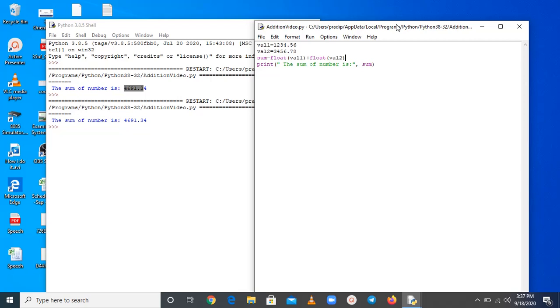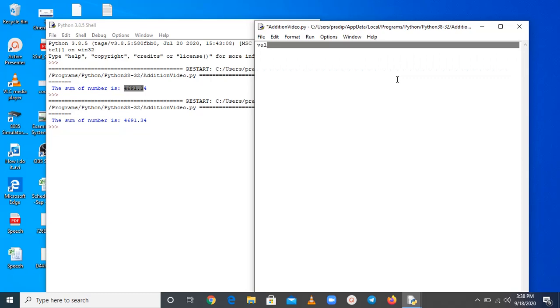Now, talking about when the user has to provide some value. Okay. Then what you have to do? Firstly, you have to declare a variable for providing input. Suppose I have taken this as value 1, I can check, okay, int, and you have to provide input. So, for input you have to write input and pass a message here, enter your first number, okay, and just close it.